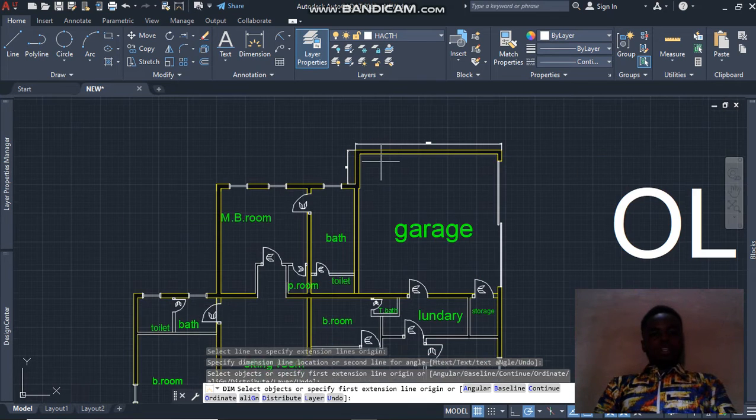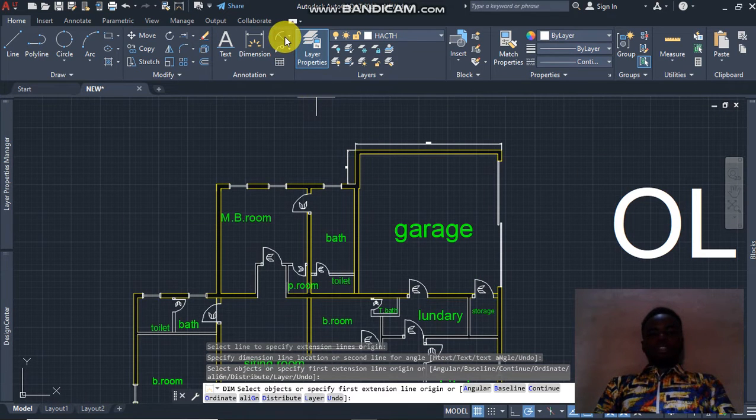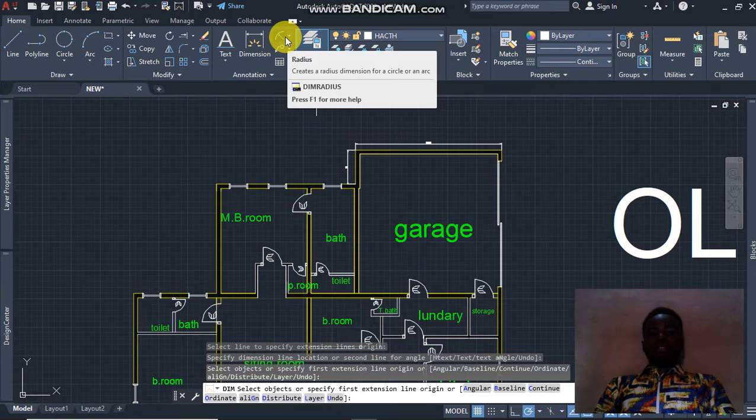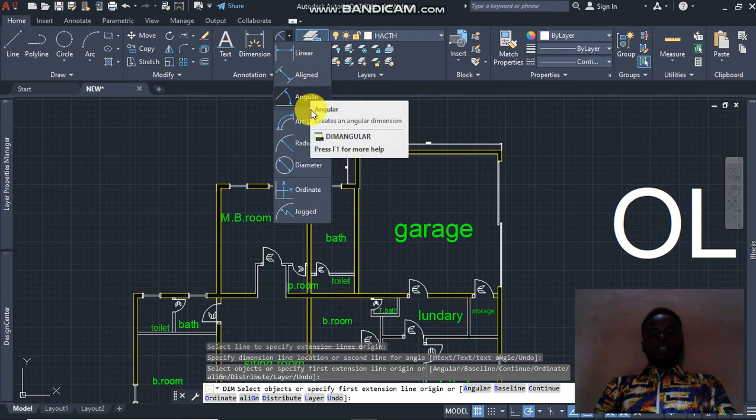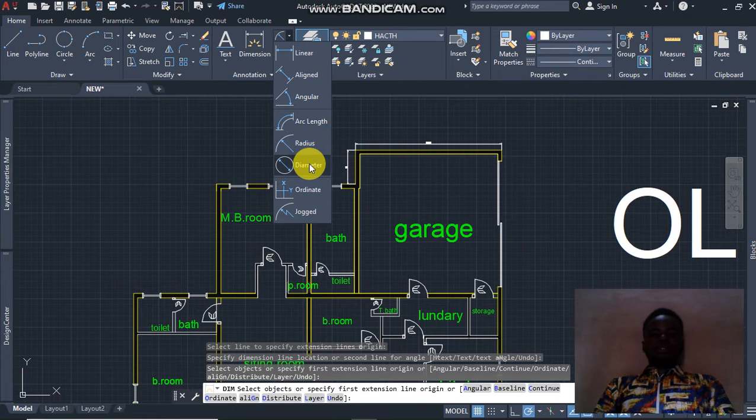And we also have different types of dimensions here. This one is reduced dimension. We have linear, we have align, we have angular, we have arc length, we have radius, diameter, and others. So now,